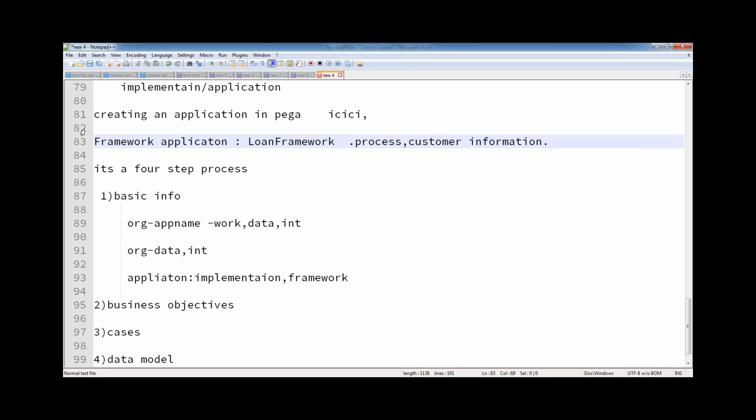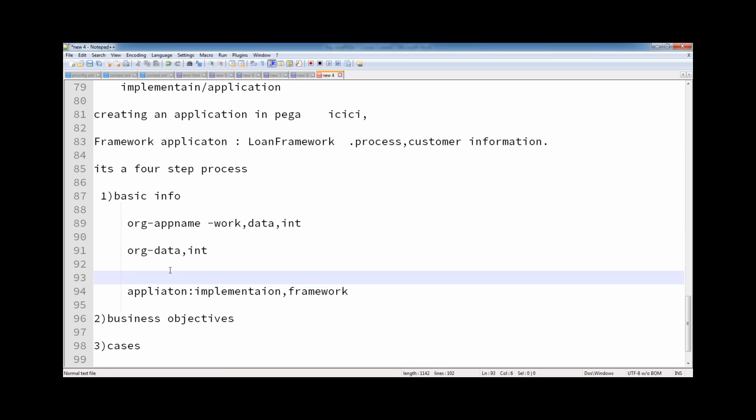So when you make a framework application, the system will create the structure like this. This is about application structure, right? Here also the same thing. Generally, we will include FW, ORG, loan FW. This is just a notation. If you are creating a framework application, you need to give this FW, that is a framework, a loan framework. It's a visual indication, a notation we follow to distinguish the application from the loan framework as well.